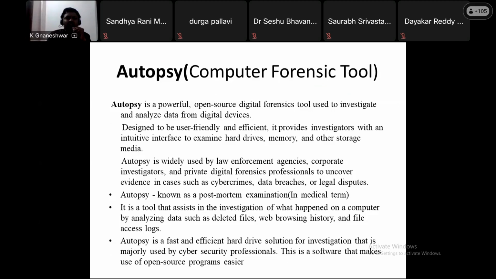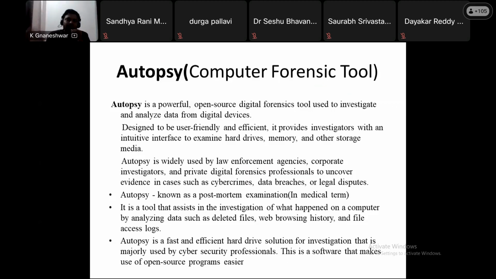Okay. Generally, autopsy in medical terminology is what we call a post-mortem. In medical terminology, what is the use of post-mortem? To get some evidence, to prove the crime, how it has happened and in what way it has happened. To get exact evidence, we use the post-mortem in medical terminology.